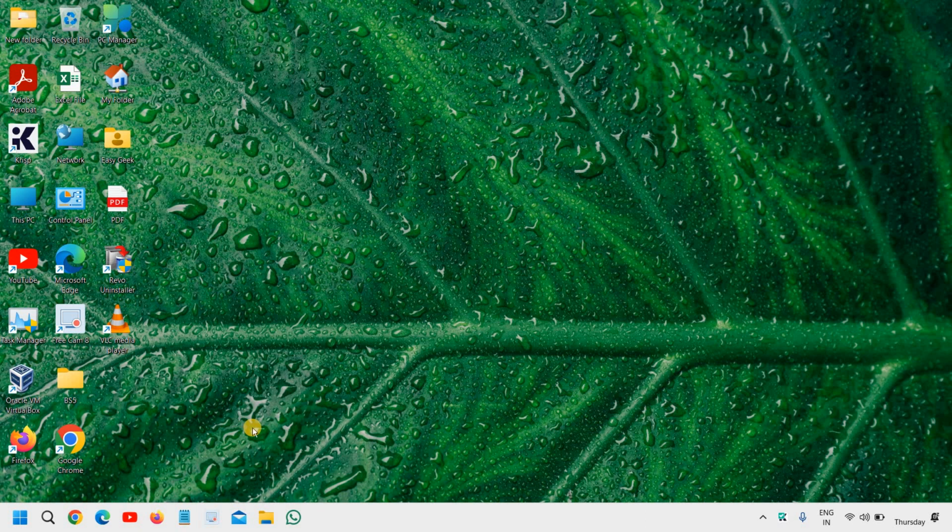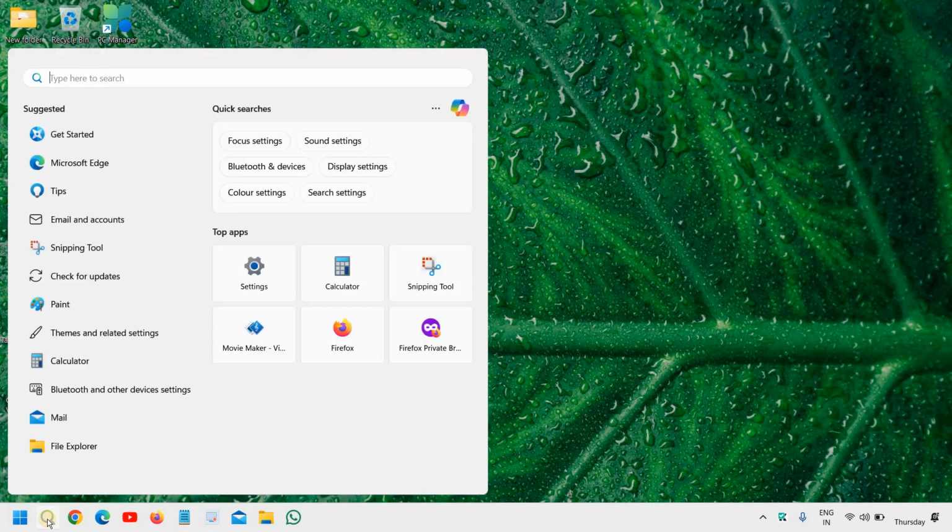Learn how to fix no sound issues on Windows 11. So trust me, after doing this, for most of us, this issue will be fixed and you will be a happy camper. In the search icon, type control